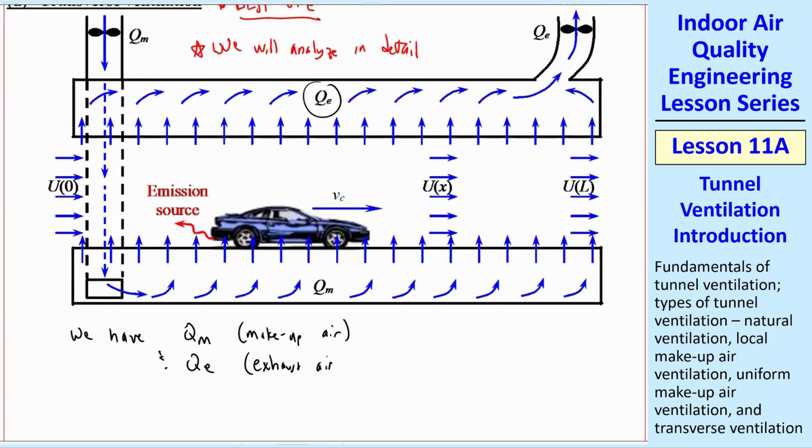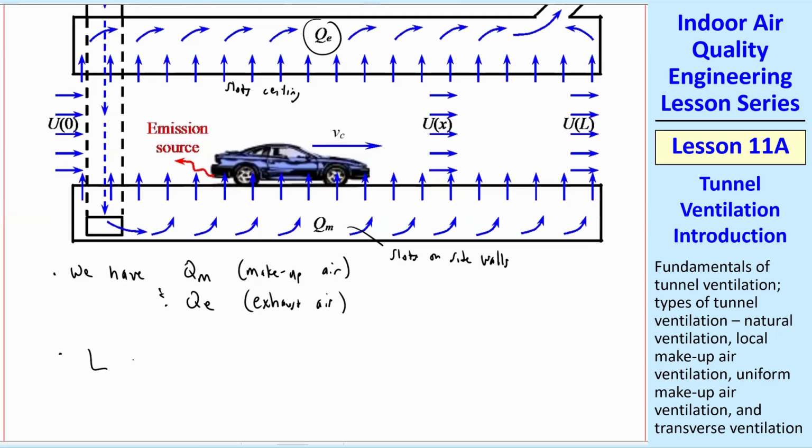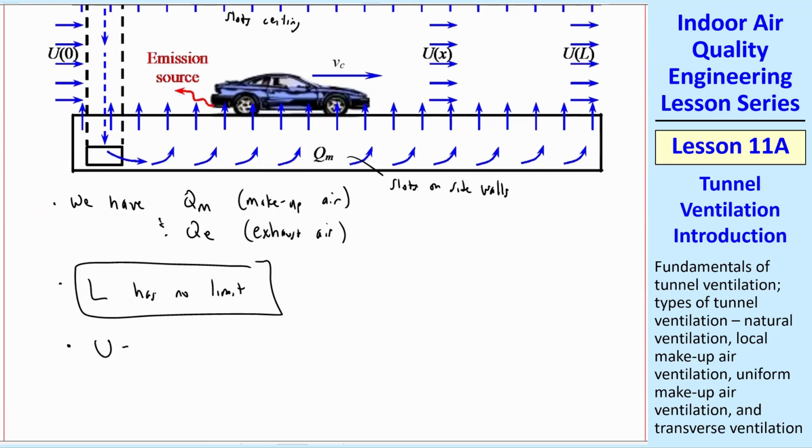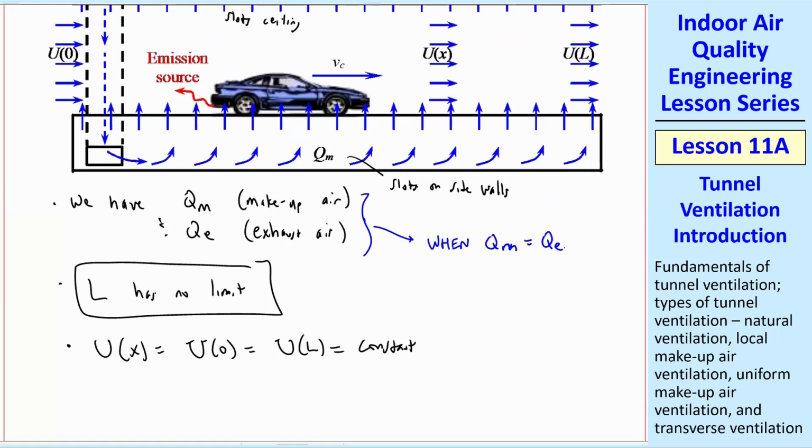So it's sort of like a room where we have makeup air, we have exhaust air, or supply air, and exhaust air. These are, again, slots typically on the ceiling for the air that's going out. And then we have makeup air through slots on the side walls, generally. L has no limit because once this settles down, it turns out that U of X is equal to U of 0 equal U of L equal constant. By the way, you can have unbalanced, but we're only going to treat the balanced case when QM equals QE. We call this balanced transverse